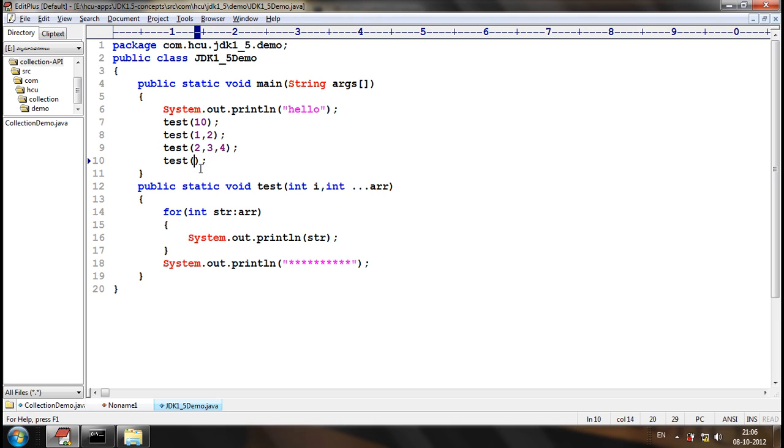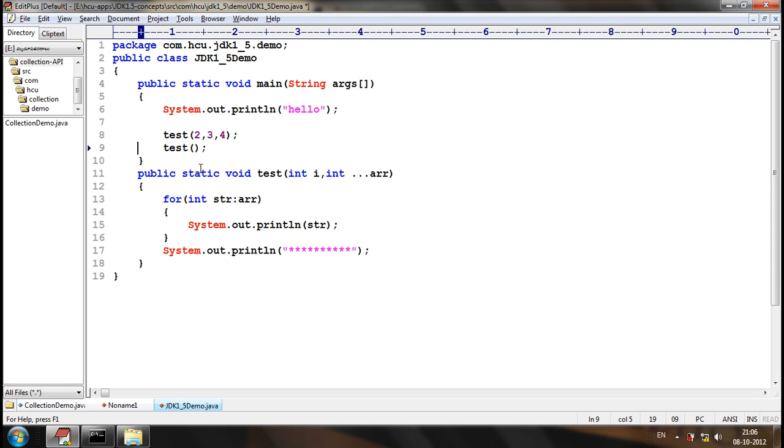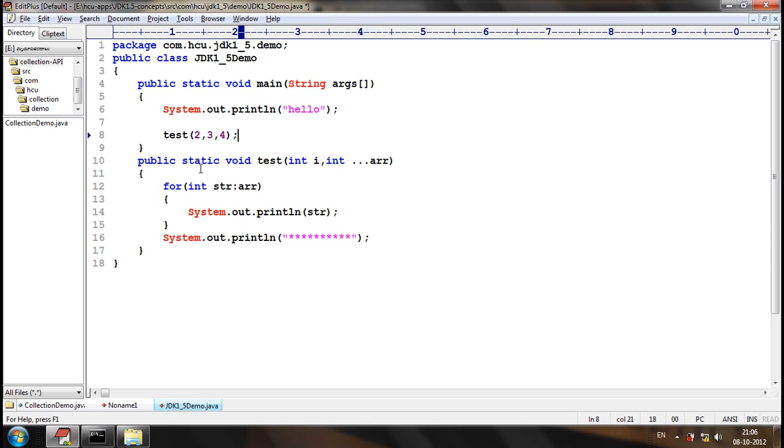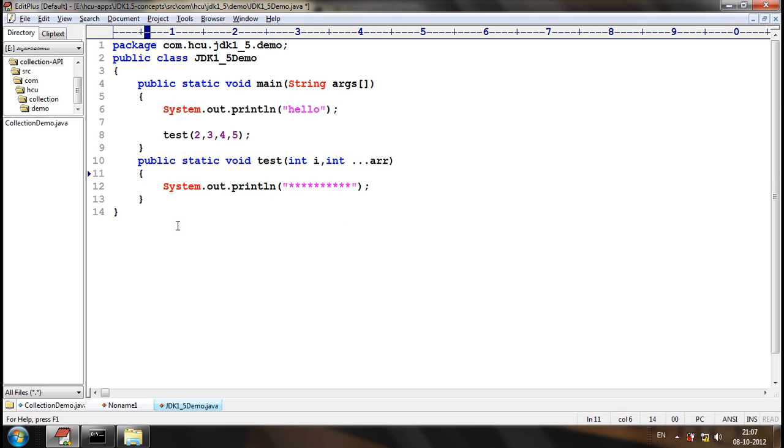Now, let me pass. What is the value printed? It will be 3. What is the number of arguments that I am passing? 4.